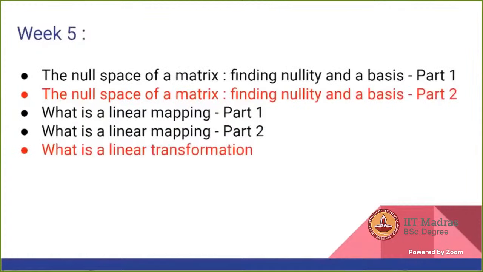In week 5, you will look at the null space of matrices with some examples, and then you will learn about linear transformations.